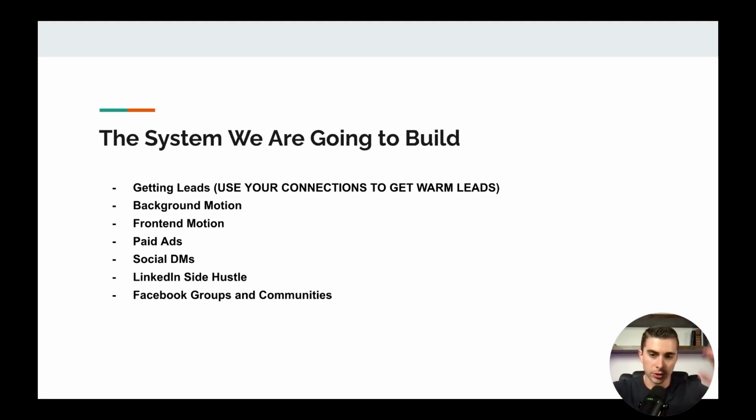Now, let's go to number 2, now that we know how to get our leads, and that is setting up our background motion. So let me explain what this is, and then I'll show you how you can build it out. Whenever I had my outreach methods, I would call them my background motion and my front end motion. And what this would mean is my background motion was completely automated. So I could load contacts into an email campaign, let them go through it, forget about them, and they would get all the emails that I would send out, and then I would just automatically get responses. I called it my passive income.